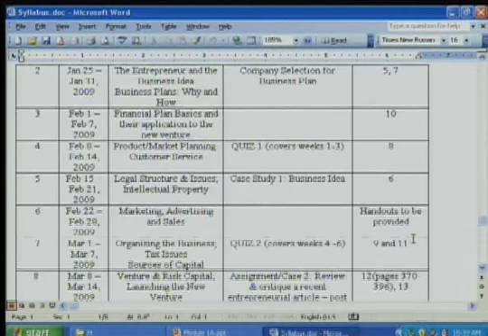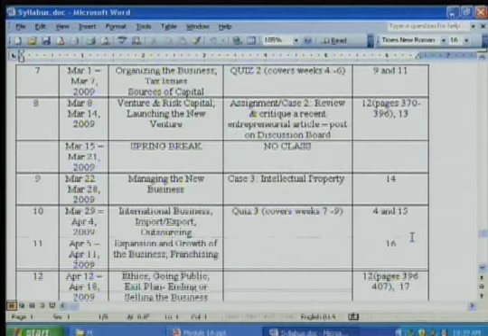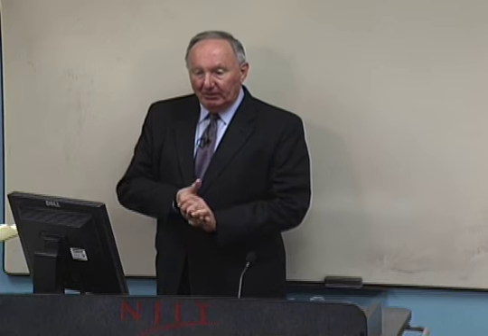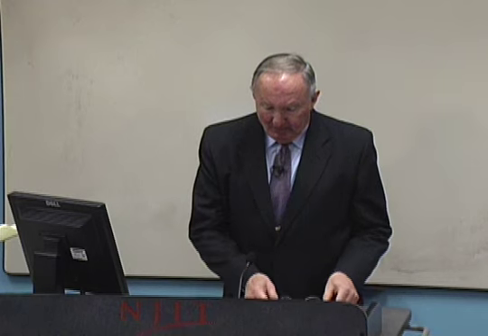Beyond that, we have the schedule. The schedule's in Moodle, but here it is in classic form. Again, you're not going to be able to see this clearly on the video, but if you look at the window, you'll see that the last 3 weeks of the course, there are essentially 12 weeks of lecture and participation. Weeks 13 and 14 are the business plan presentations. And the last week, which would be final week, is quiz 4 and also feedback from me and possibly from the other students on the business plan and the business plan presentations.